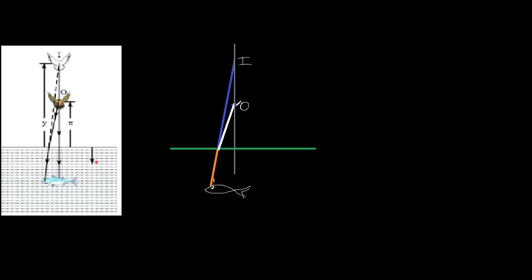Rays are coming from the bird. They are traveling from the air medium into the water medium. This is the water. Therefore, the first medium is the air, and the refractive index of the air medium is N1, which is taken to be 1. This is the water medium, and let its refractive index be N.